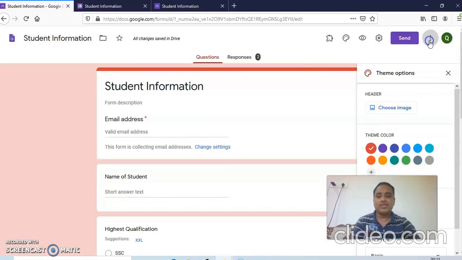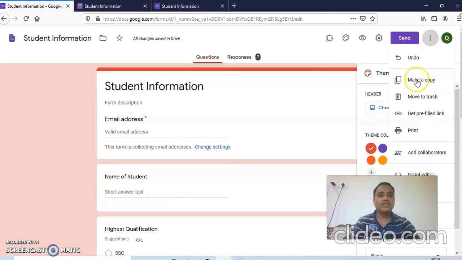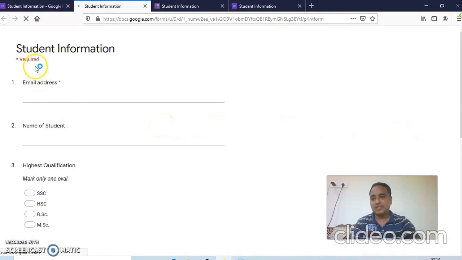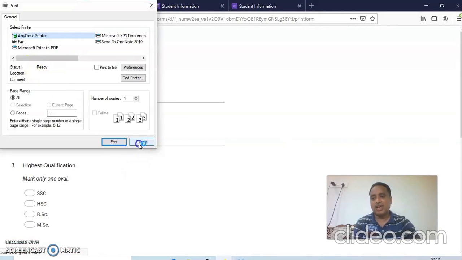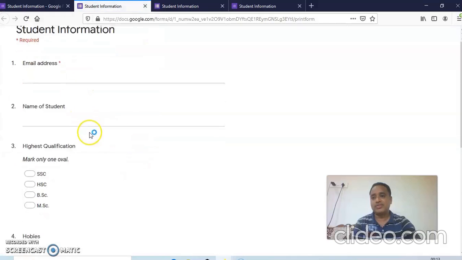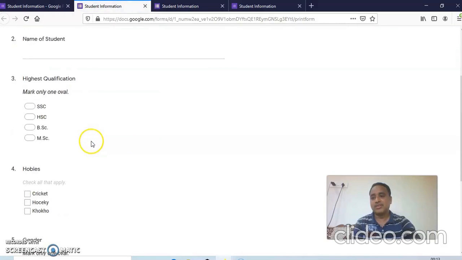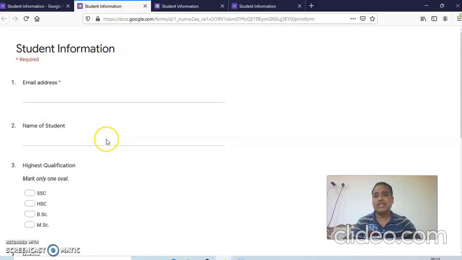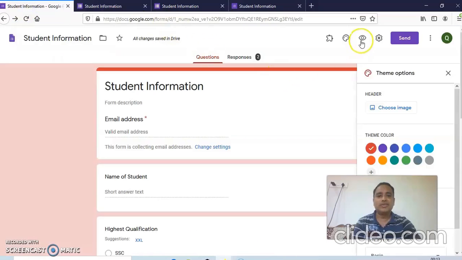Now lastly, if someone wants to fill it offline, so this print option is there. This print option is used for offline. Now here's a print. This print option means offline you can also print this student information, then all your things are there. So anyone offline can also fill it. So this is very useful. Either you have to share this information, or either you have to